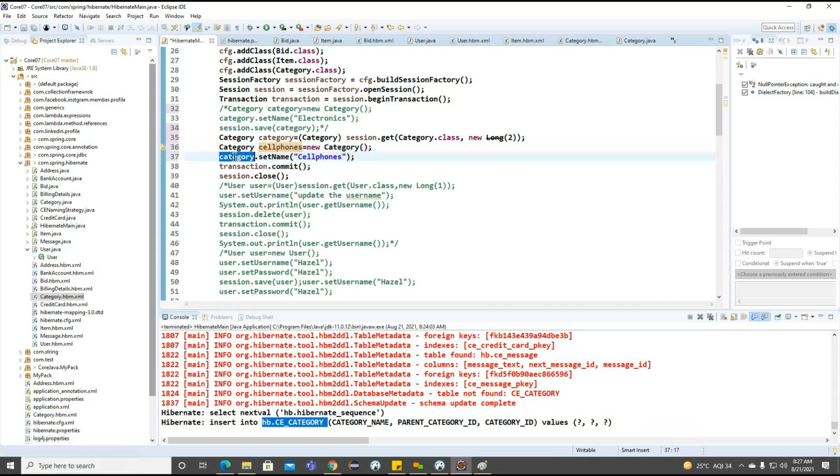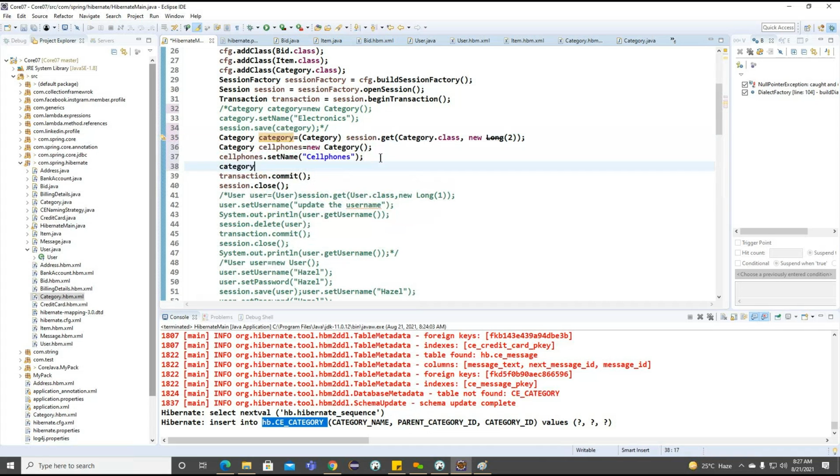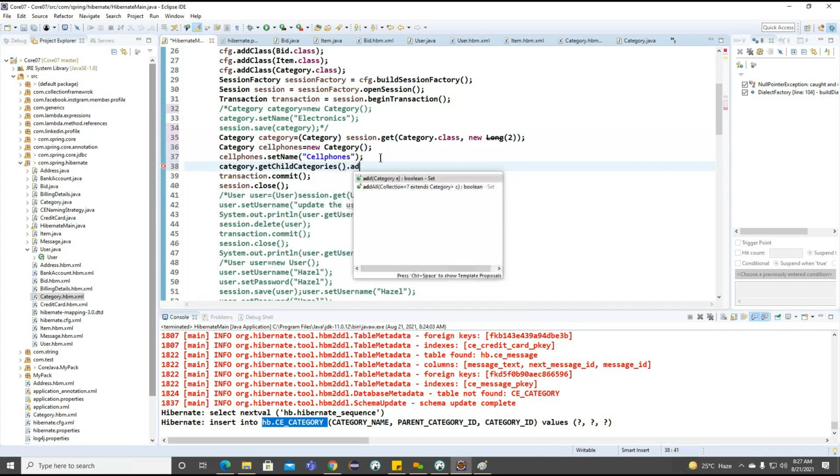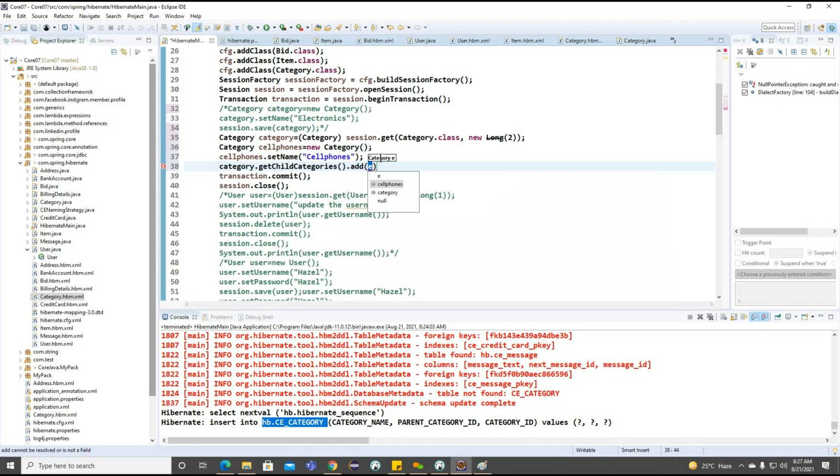Basically, we want to make cell phone category here. Cell phone category set name we defined here. And with the help of this particular category, now what I am doing here, this is important: dot get child categories and add. And cell phone category I am adding, right? Cell phone category I am adding here.